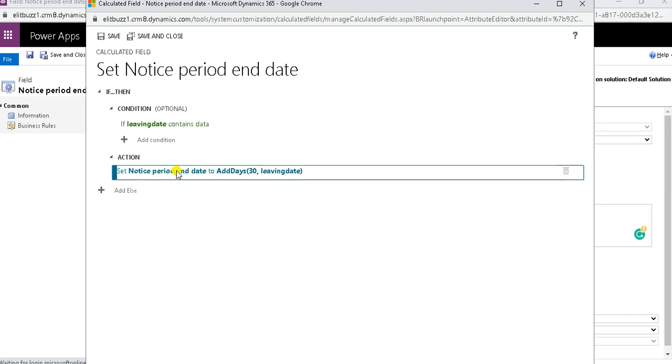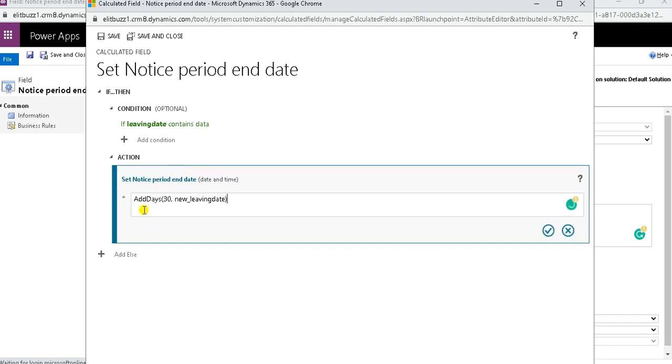So the action should be add days. Add days is a function. 30 means how many days should be added to leaving date, and to which field basically we have to add days. So new_leavingdate is the schema name for the leaving date field of type date and time.